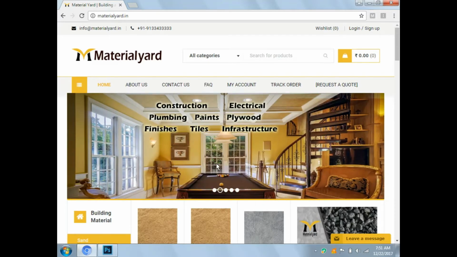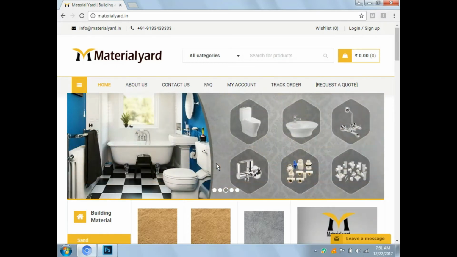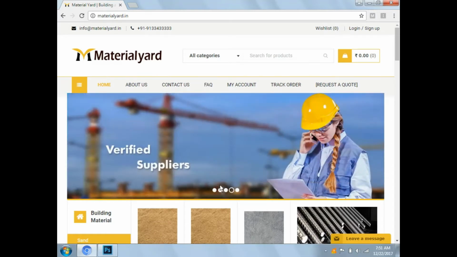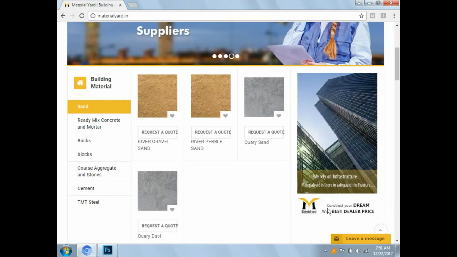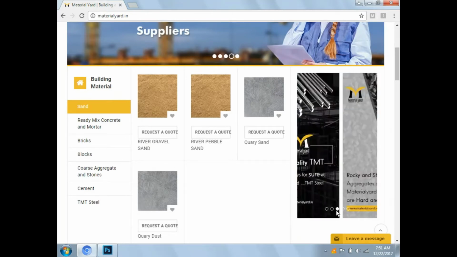We have to create text in an image like this, with creativity and innovativity. If you design one banner, we charge a minimum of 500 to 800 rupees per banner. And if you see these banners, see this is 1, 2, 3, 4, 5.